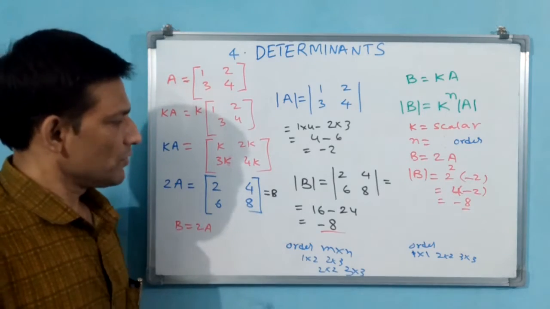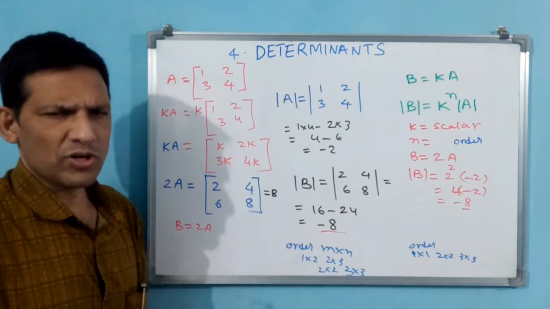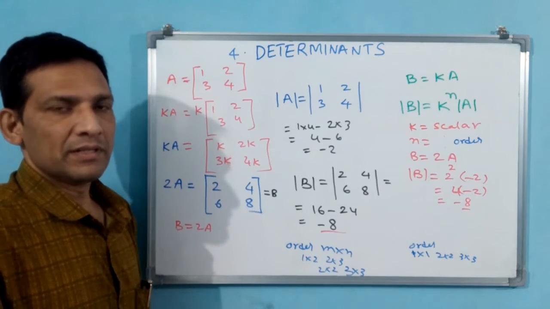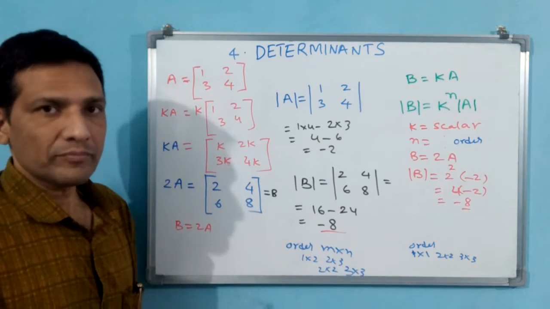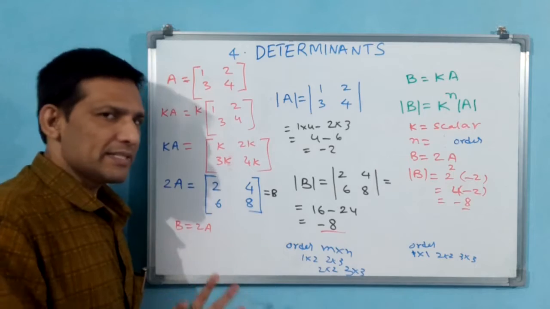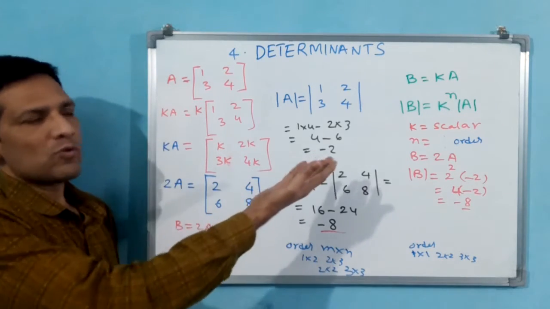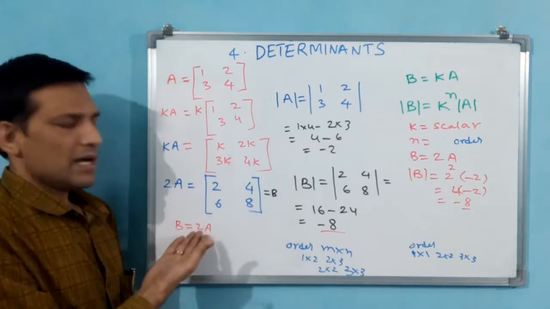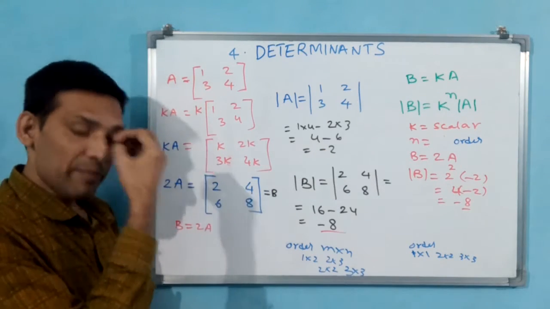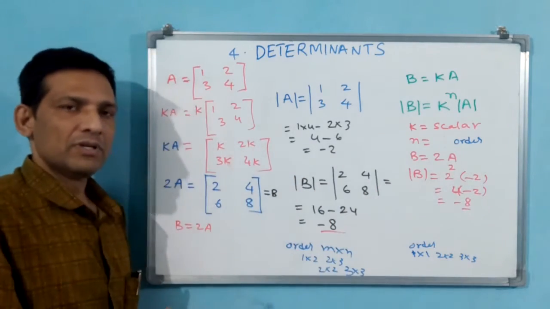This is the concept. You have to understand this. Why? Because based on this concept, an objective question may come, a subjective question may come in your examination. They will give a matrix, and they will tell a 2 by 2 or 3 by 3. A 1 by 1 normally they don't give. A 2 by 2 or 3 by 3 matrix they give, and they give k. Because 2 by 2 or 3 by 3 is n only. Here they give n and k also.